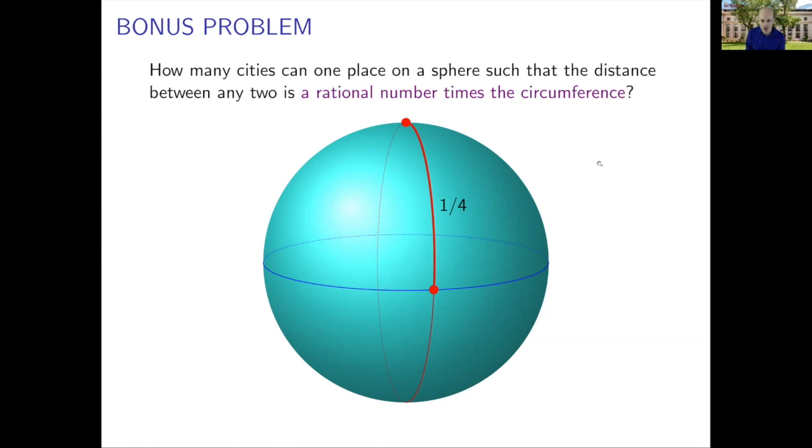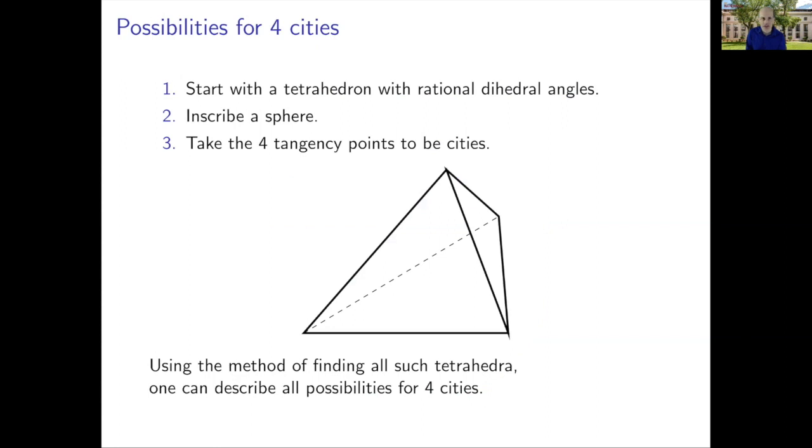Okay, so let me show you one way you can generate 4 such cities on a sphere. So here's one possible construction. You start with a tetrahedron that has rational dihedral angles, and then you put a sphere inside it. You inscribe it, and that means the sphere is inside the tetrahedron, but it's touching each of the faces. So it's tangent to